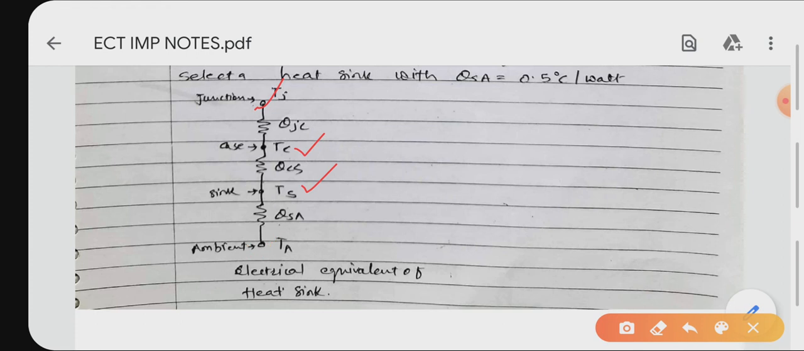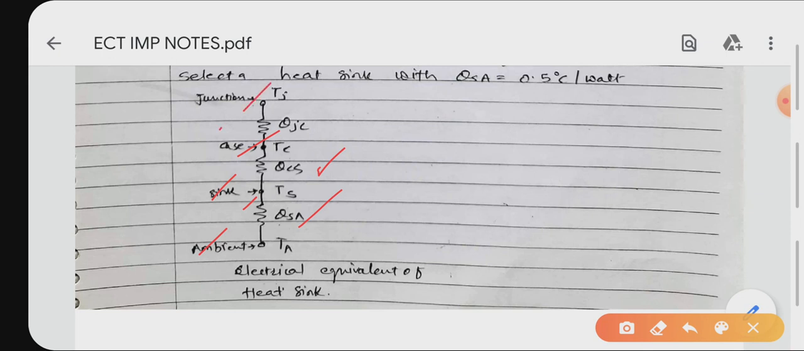Okay, now the equivalent resistance between junction and case will be denoted as thermal equivalent, denoted as theta Jc. Theta Jc is the thermal equivalent of temperature between Tj and Tc. That's why denoted as theta Jc. Similarly, the thermal equivalent between case and sink is denoted as theta Cs. Similarly, between sink and ambient, it is denoted as theta Sa. Okay, so this is the electrical equivalent circuit of heat sink,